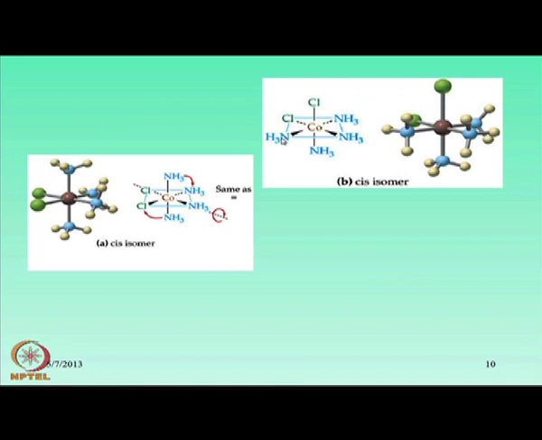So, this is another type of arrangement which is different from this arrangement, but again in this arrangement also we have the Cl-Co-Cl angle of 90 degrees. So, by different orientation only, we have rotated the molecule from one state to the other. By rotation only we have generated another form, but the isomeric form of this compound is also the same, which is still the corresponding cis isomer.